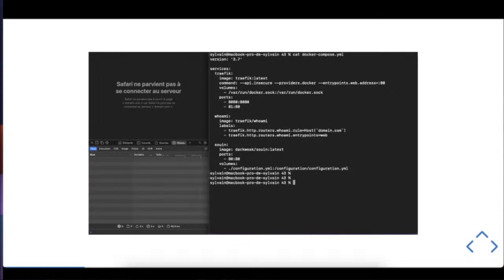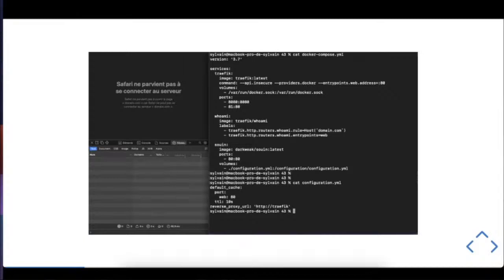After that, we declare the Souin service. It will be placed before the reverse proxy, and it will handle all incoming requests. And we map the Souin configuration YAML file to the path /configuration/configuration.yaml.